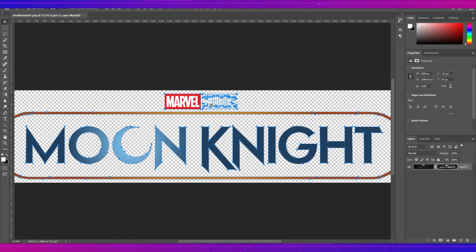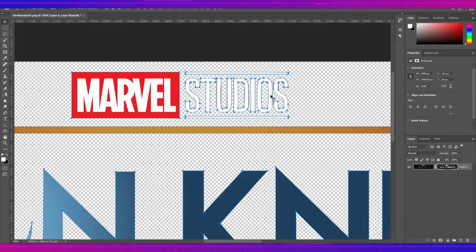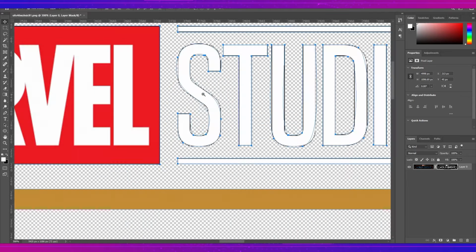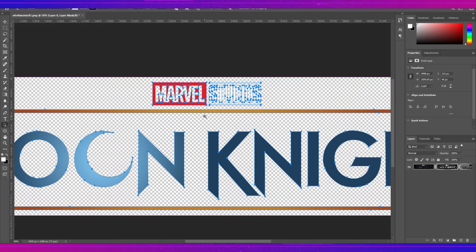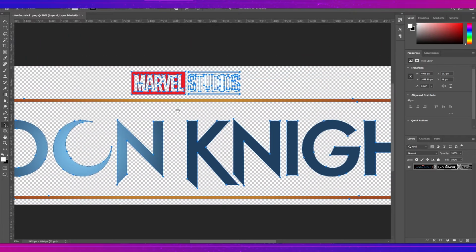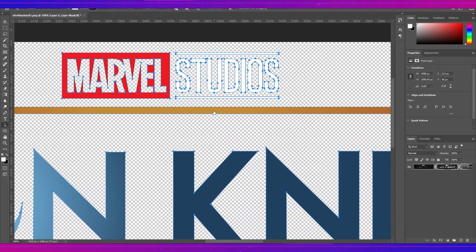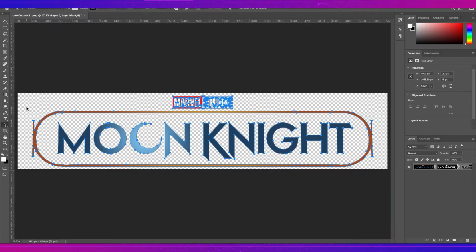Now if I zoom in, you can see those paths are not proper, so in that case I will select the pen tool and start adjusting. After fine adjustment you can see that the paths are ready to get imported. So I will choose the path selection tool and drag all over it once again